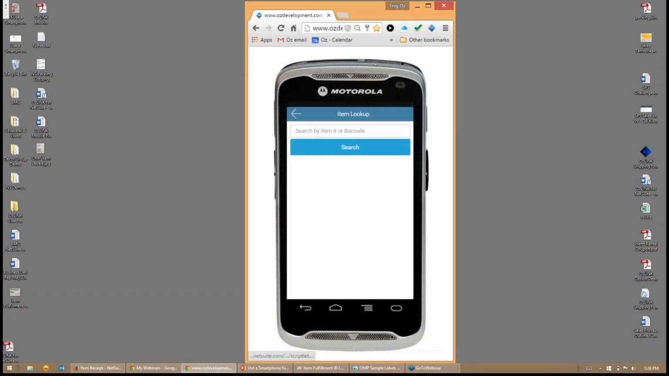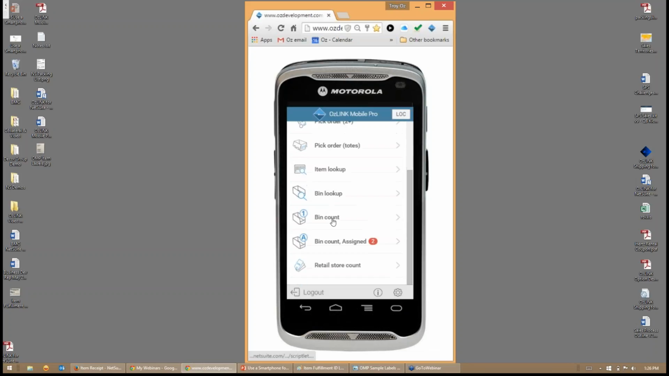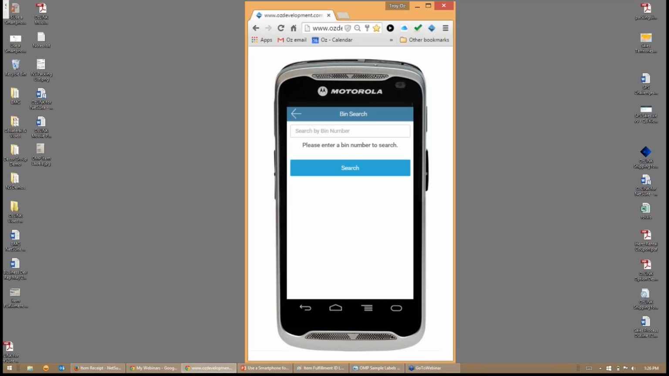Now, from a bin lookup perspective, we really have the ability to look at a bin from a little bit of a higher level. So maybe we want to scan a bin location. So I can go ahead and scan a bin. OzLink's going to give us,